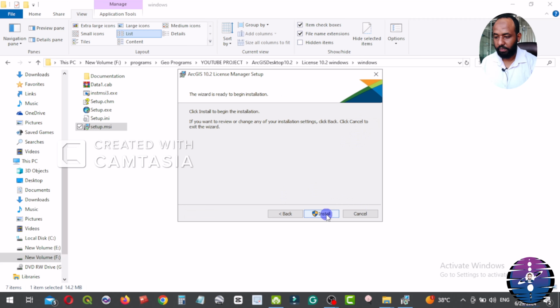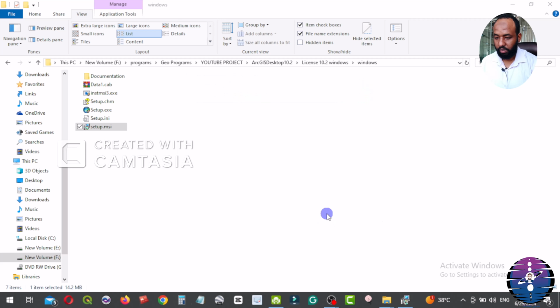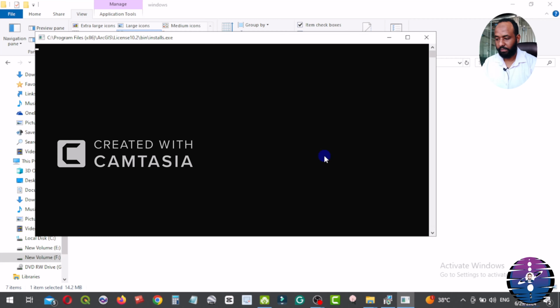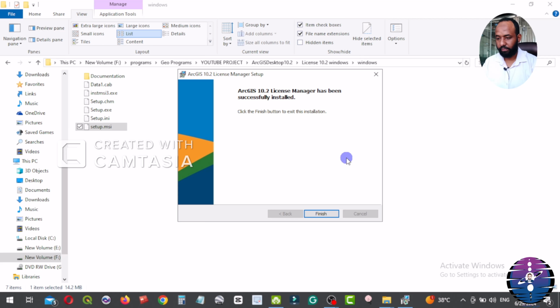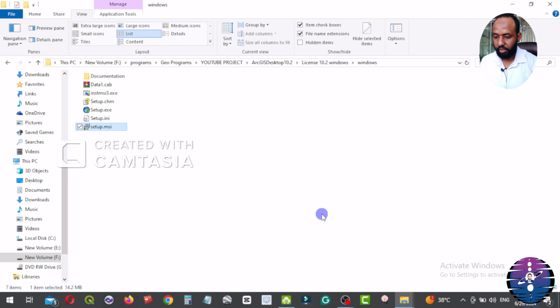Press next. This window is ready to install the program, showing the readiness to install the license, and we click install. After finishing the license installation, this window appears that shows the completion of the installation process, and we click on finish.